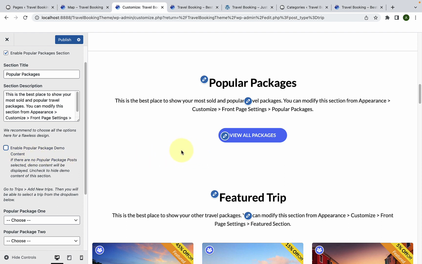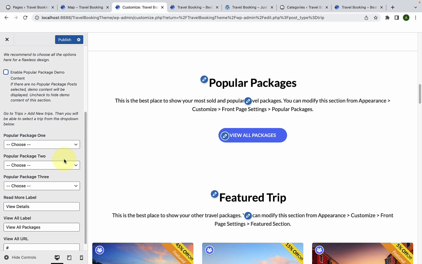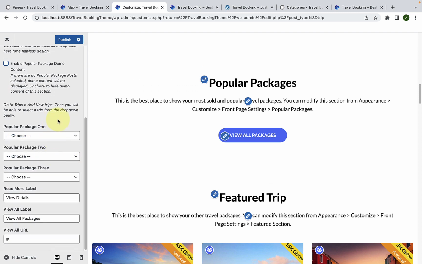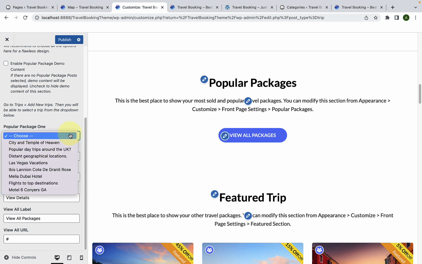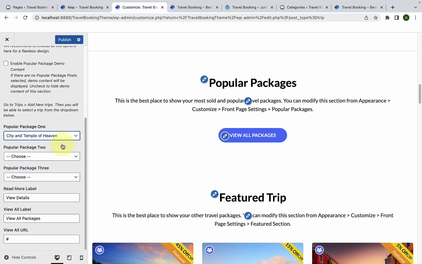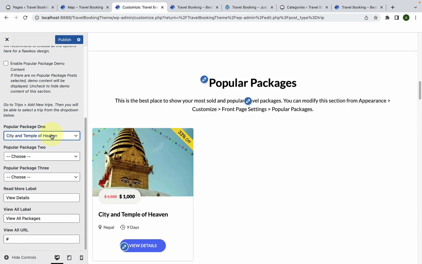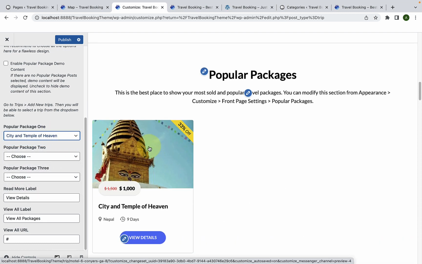After the demo content is disabled, you can easily select and display the popular packages of your choice. It is very simple. All you have to do is, from the Popular Package 1, you have to click on the Choose option. Then from the drop-down options, you will find all of the trips or the packages that you have created, and all you have to do is select the package, and that particular package will be displayed as